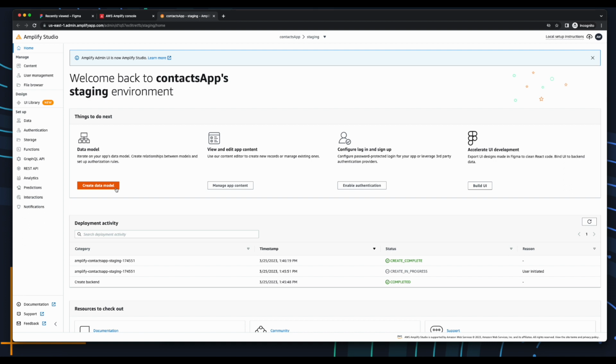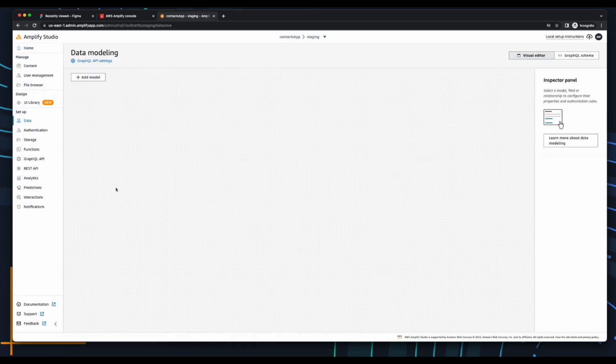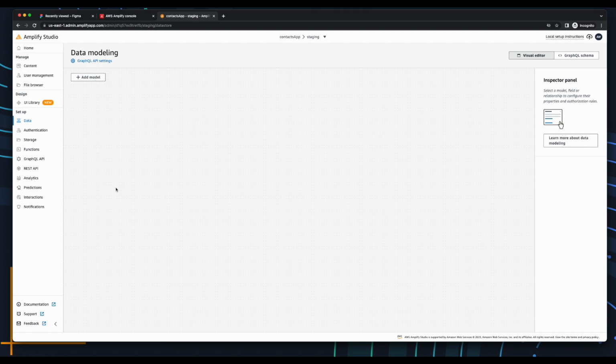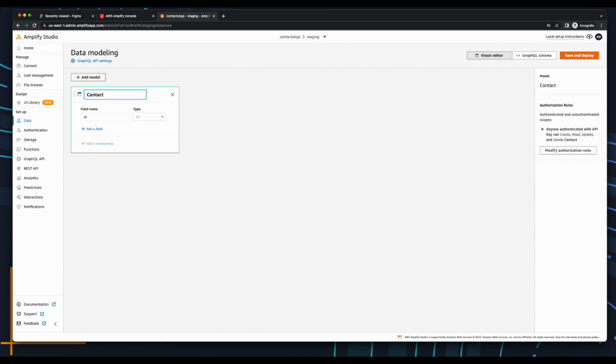From here, I'll go ahead and click the Create Data Model button to create the data model for the contacts in the application. And if you watched the prior videos in the playlist, you'll recall that the contact data model has the following properties. So I'll go ahead and create them in Amplify Studio. So to get started, I'll click the Add Model button, give the model a name of contact,